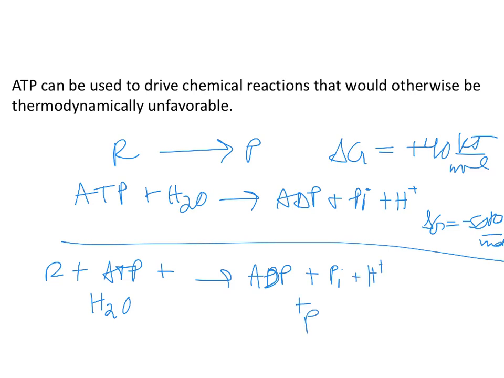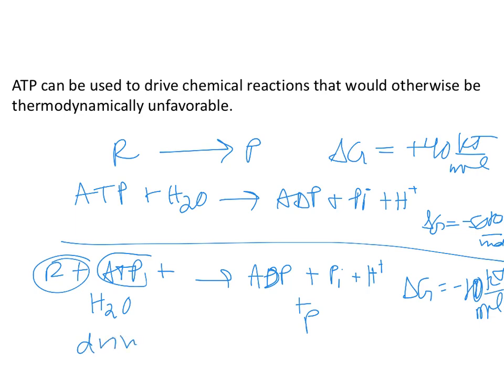And then you would add the delta G's together. So overall, the delta G of this, when I add them together, is a negative 10 kilojoules per mole. And that coupling makes this whole process exergonic and spontaneous. It doesn't tell you how fast it goes, but it is going to release energy when you couple them together. So that is the idea with ATP hydrolysis coupling, is that you can drive unfavorable reactions forward